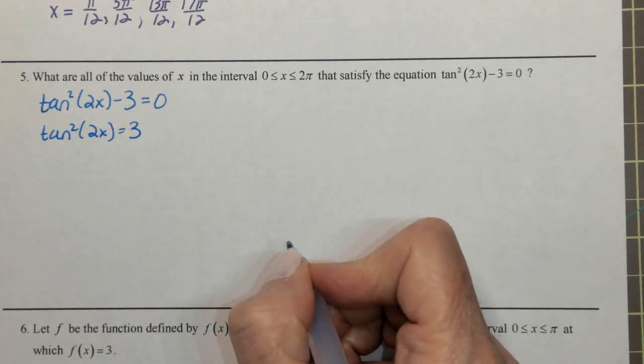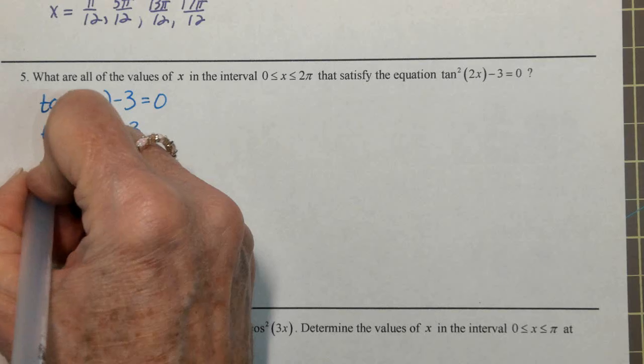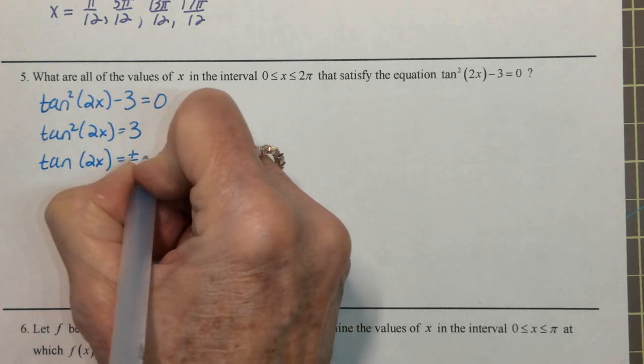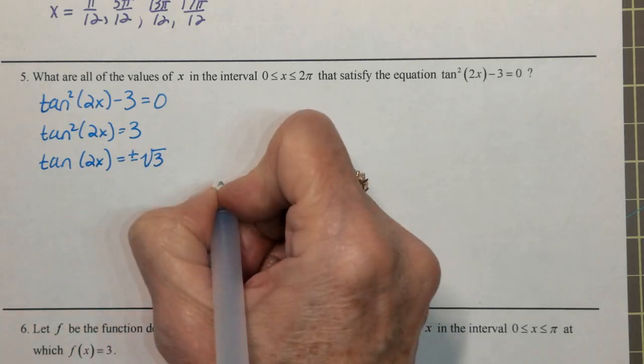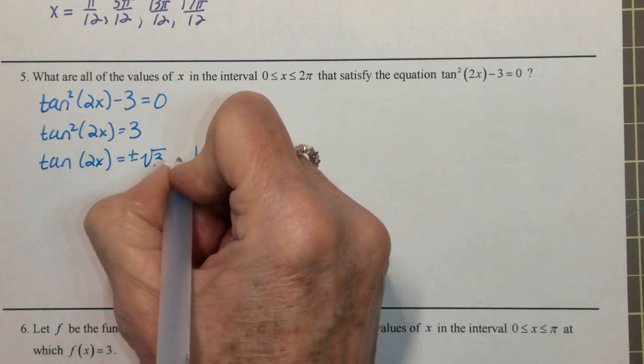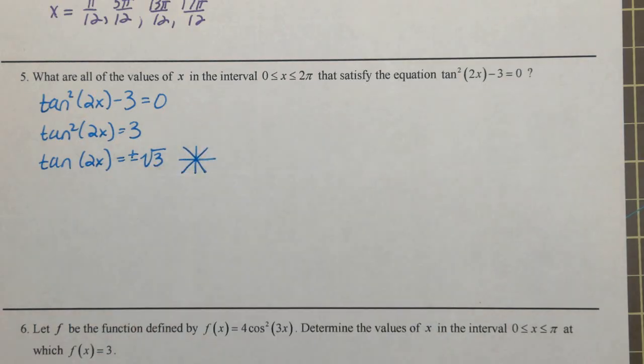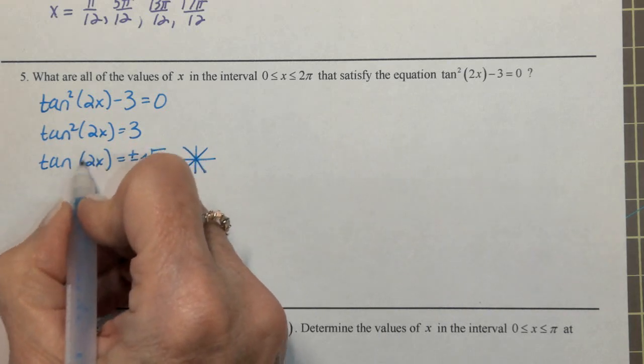And now I'm going to take the square root of both sides. When we square root both sides, we get plus and minus square root of 3. Positive and negative, so we are in all 4 quadrants, right? All 4 quadrants. So the angle